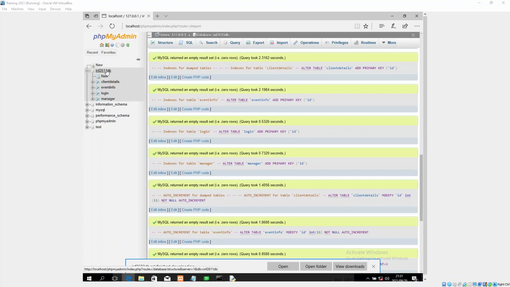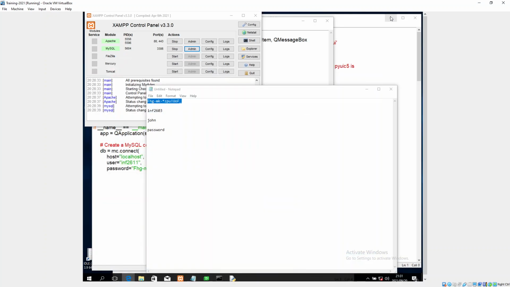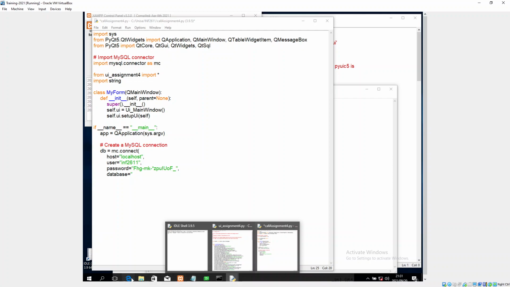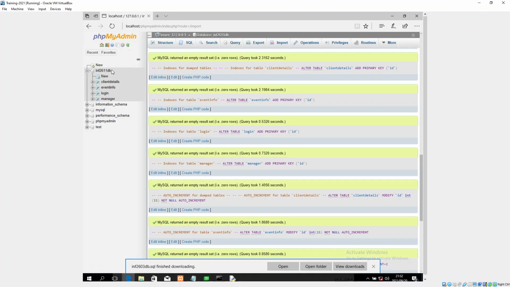I've now got it under INF2611 DB. Okay, so that should correct now. I've got 2611. So we got this password, and then after we've got the password, we're going to have to enter our database. And yeah, so we've got password and we've got database, and our database is now called INF2611 DB. So if I go back here,